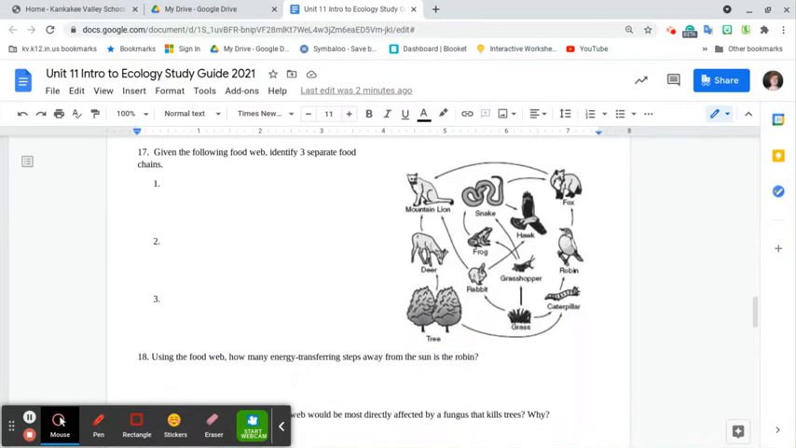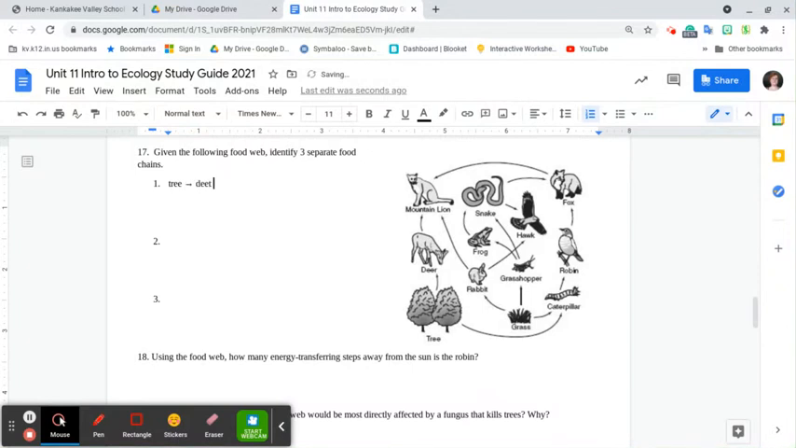Okay, this should be pretty simple. Just follow the arrows. Make sure when you're writing it that you write arrows. So on a computer, I would just do the dash and the little arrow shape thing. Something so I know that you know. So on the Chromebook here, if I do 2 dashes and then the arrow, it actually puts in an arrow for me. So one of my chains could be tree